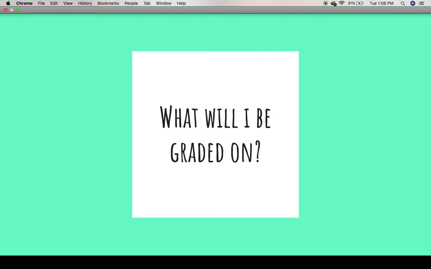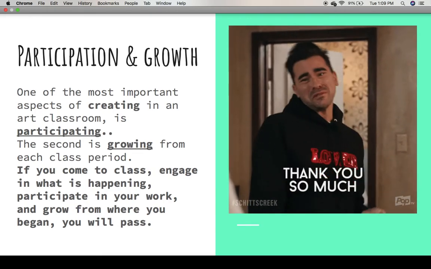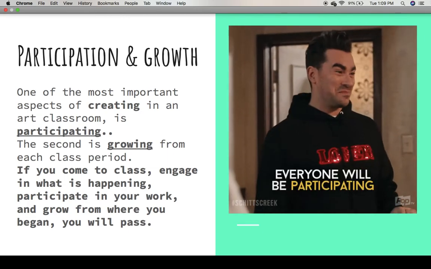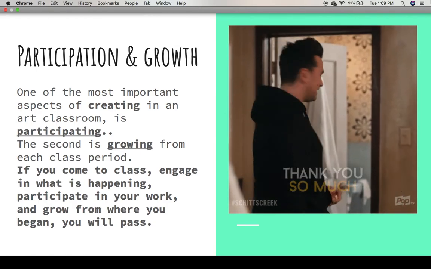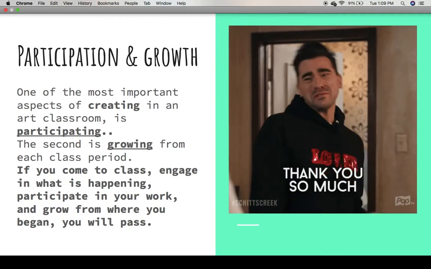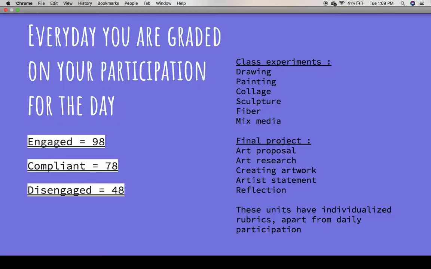I'm going to give you an example of what you're going to be graded on. As remote students, that's going to look a little different than in-class participation. One of the most important aspects of creating in an art room is participating. The second is growing from each class period. So if you come to class or if you're remote, if you go through my presentations and my boot camps, if you participate on Schoology and make sure you get your stuff in on time, then you will pass. So for my remote learners,